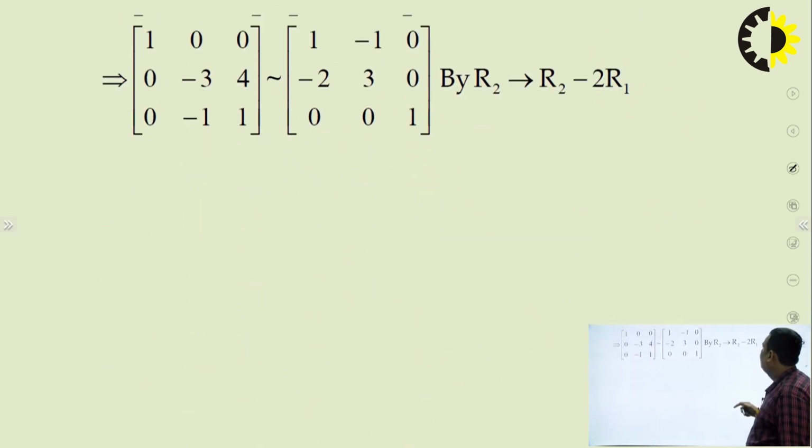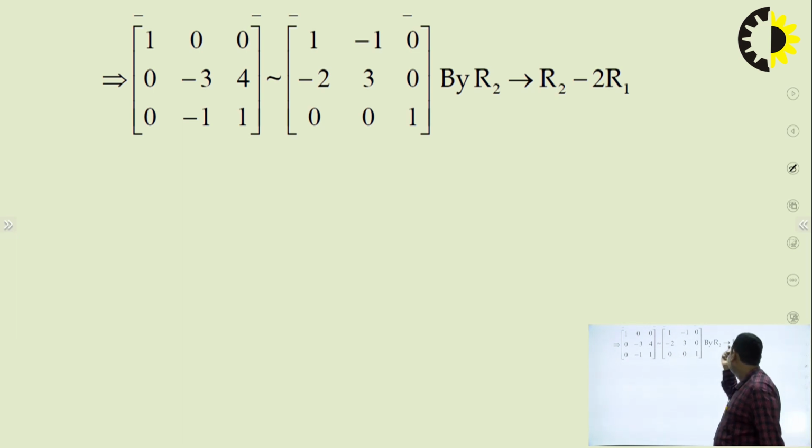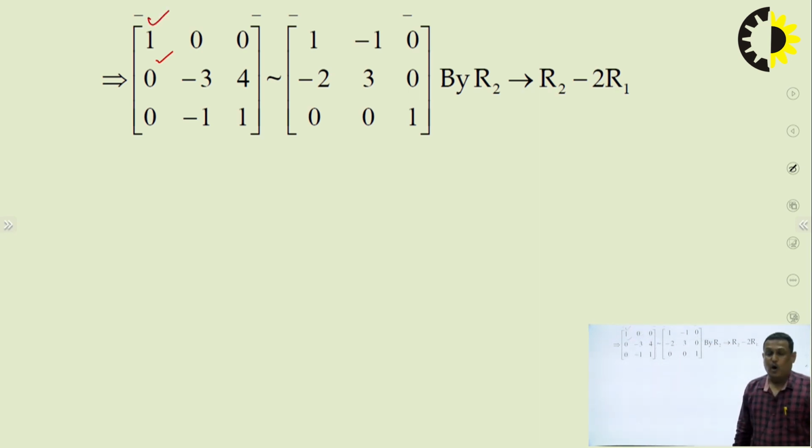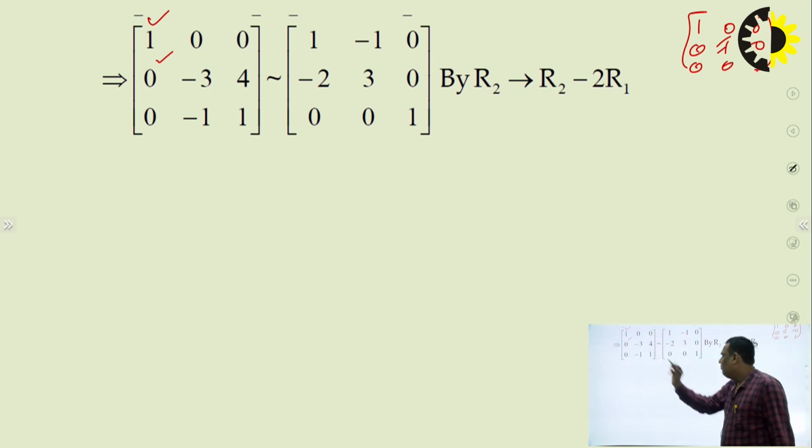Just keep on next operation, R2 माइनस 2 R1 विद द हेल्प ऑफ R1. R1 में आप 2 का मल्टीप्लाई करके सब्ट्रैक्ट कर दो तो ये आपका 0 आ गया. और सेम ऑपरेशन अप्लाइज ऑन राइट हैंड साइड, माइनस 2 3 0. ठीक है, तो आपने फर्स्ट ऑपरेशन लगाया और आपका फर्स्ट कॉलम मिल गया 1 0 0. नाउ नेक्स्ट कॉलम इज 0 1 0. जस्ट फोकस वन थिंग, 1 0 0, 0 1 0, 0 0 1. तो नाउ focus 1 and here minus 3.